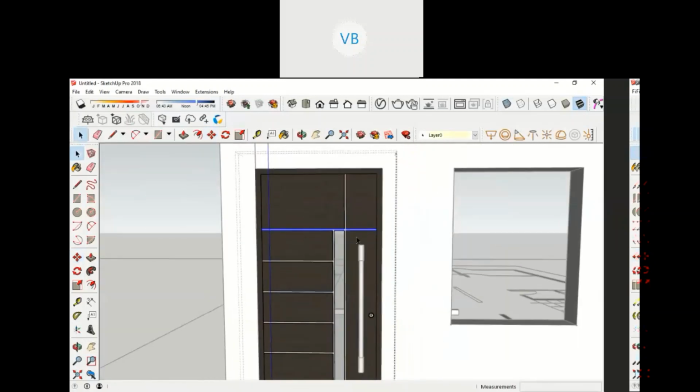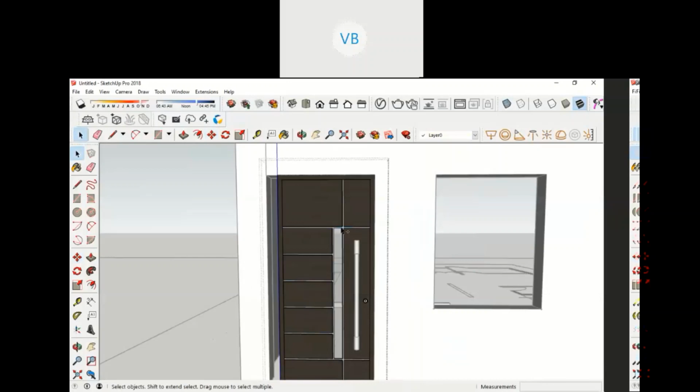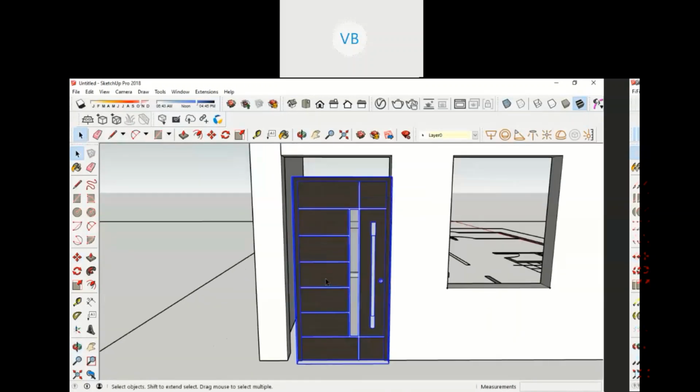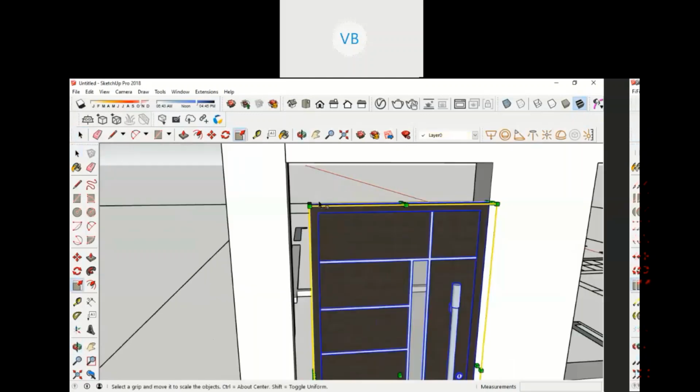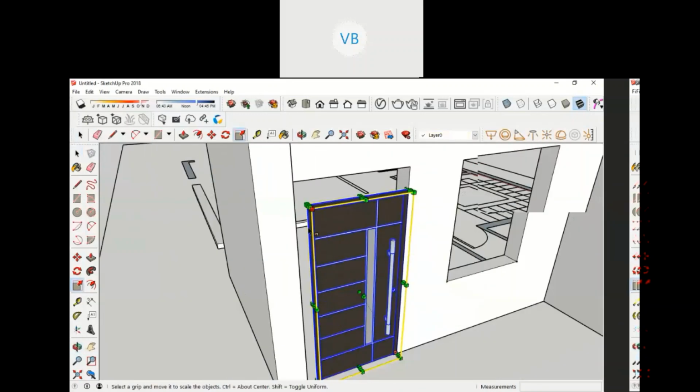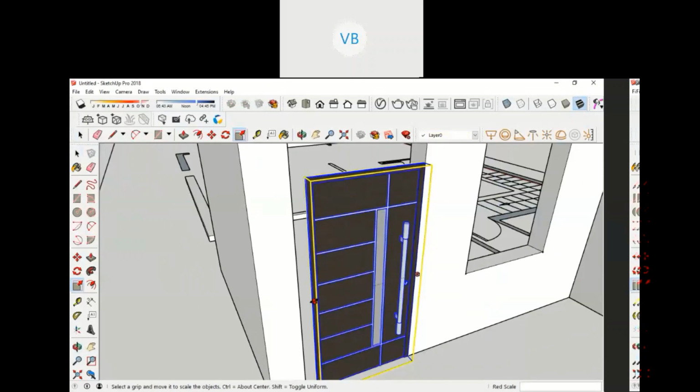Or else, you can go back, select this door, and press S. Last class I told you, S means scale. You have to scale the object. The moment you press S, you will get a few green boxes. Using those green boxes you can increase the size like this.